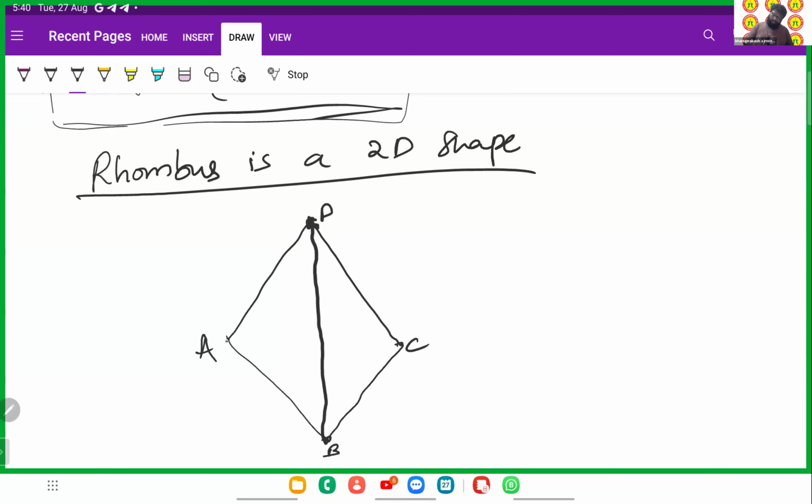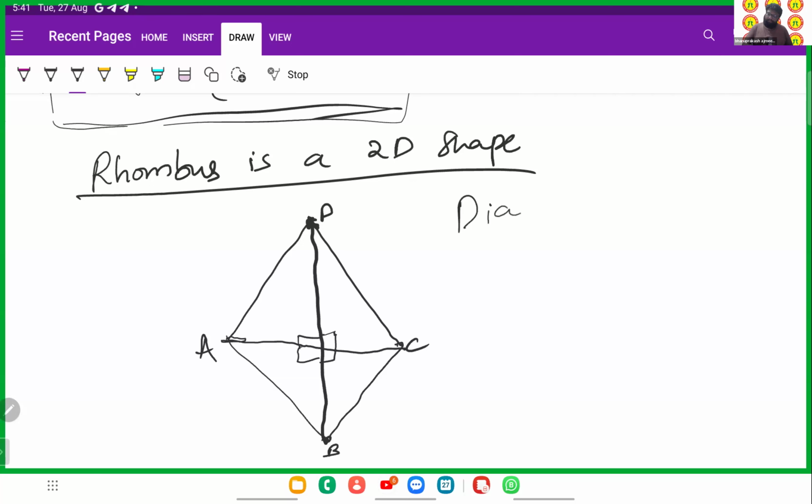B and D are opposite points, and C and A are opposite points. What rhombus says here is that diagonals, which join two opposite points, are always perpendicular